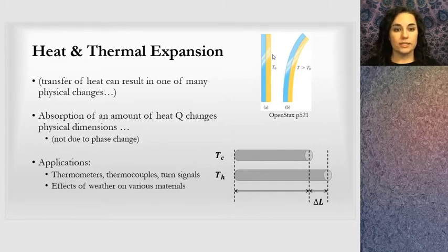Over here is an example of maybe a thermostat or a turn signal where I use two different substances that, when heated, expand at different rates. And so you will get this curving to one side, because the one substance here will expand more than the other substance, and so it curves. And down here you can see if there's a cool temperature and a hot temperature, there's some sort of increase